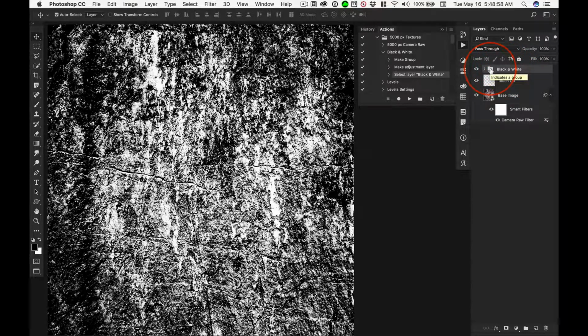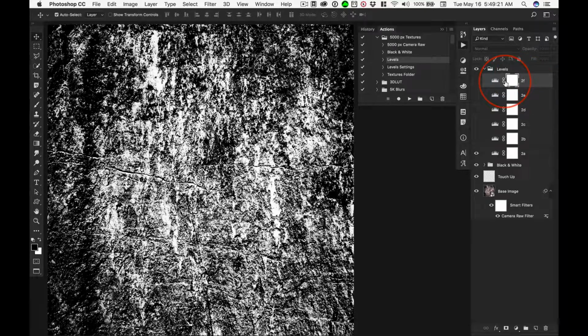And if you don't believe me, let's throw this away. Come up to the touch-up layer, make sure it's active, come up to black and white and play that. It doesn't close, so it doesn't record that closing action. I think we can handle the close, right? Now levels, which would have ended up inside the black and white folder had we not fixed that, is created,